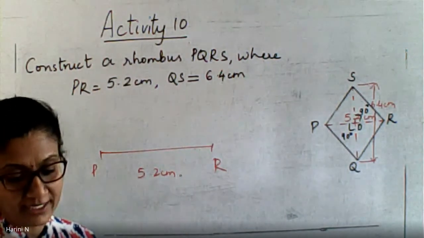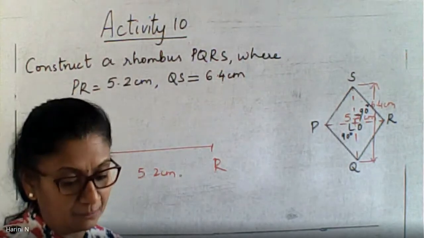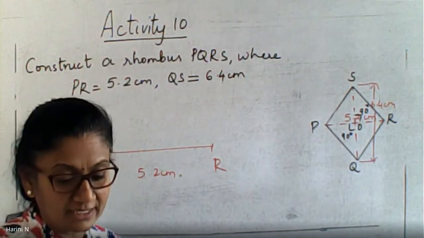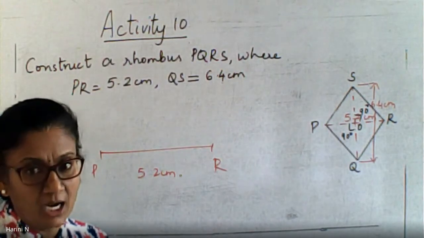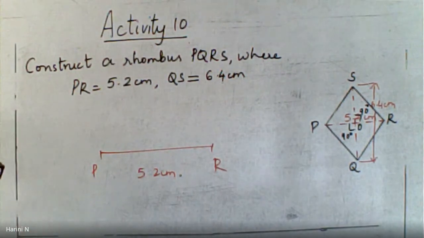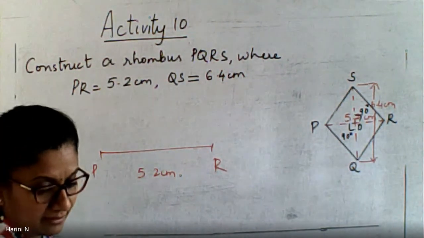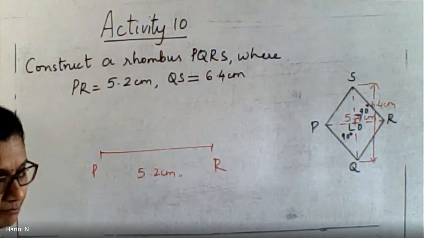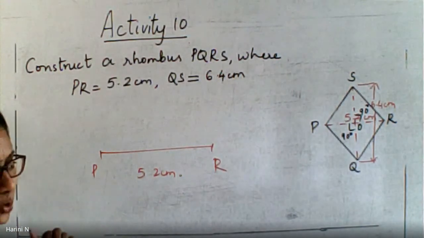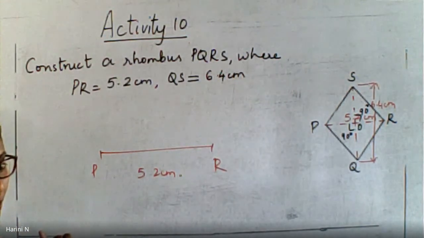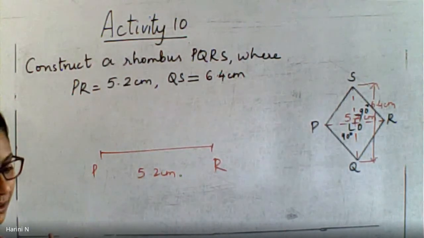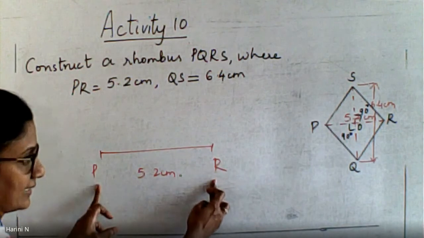We have something called the perpendicular bisector, which will automatically divide a given line segment into 2 equal halves. Obviously it can be 3.1, it can be 10.5, it can be 12.6. Any line segment is given. How will you construct the perpendicular bisector? Last year you have done this, don't tell me you don't know. What do you need to do for a perpendicular bisector? What happened? Did not learn anything last year. Very good. Okay, PR is the segment I need to bisect.